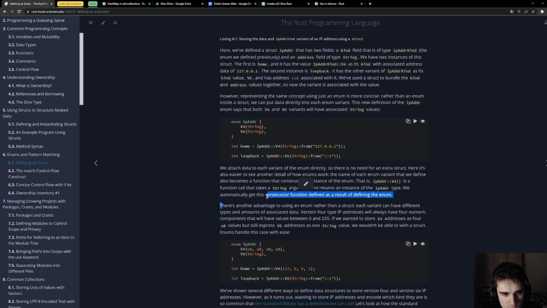We automatically get this constructor function defined as a result of defining the enum.